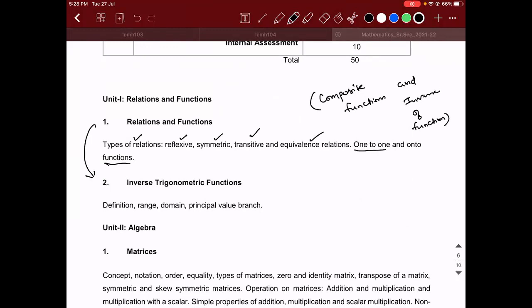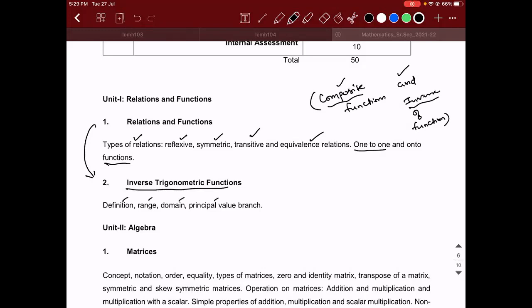So you guys have written tests also. Keeping all other things aside, I suggest you study this also so that you do well in derivatives, because we have the chain rule, which is applicable to a composite function. If I don't explain what a composite function is, you'll obviously not understand the chain rule, correct? Otherwise, if you don't know what the inverse is and how the inverse of a function is going to exist, then there is no point in studying inverse trigonometric functions.